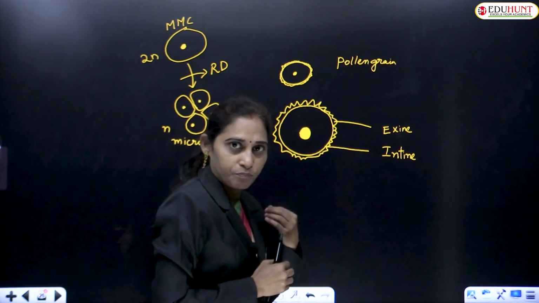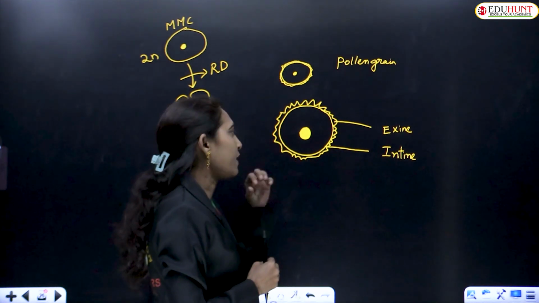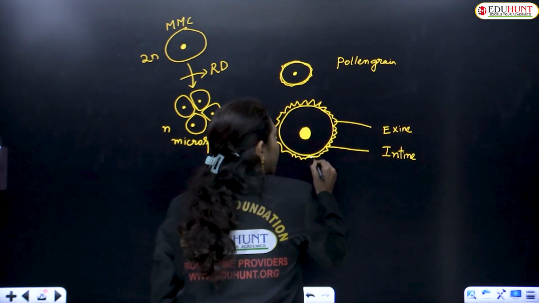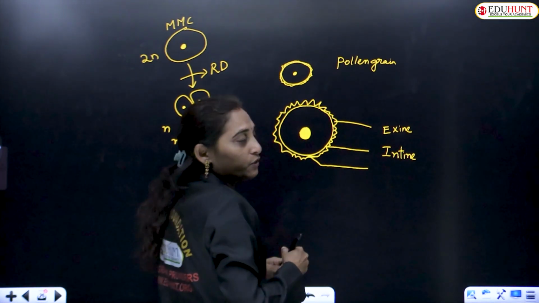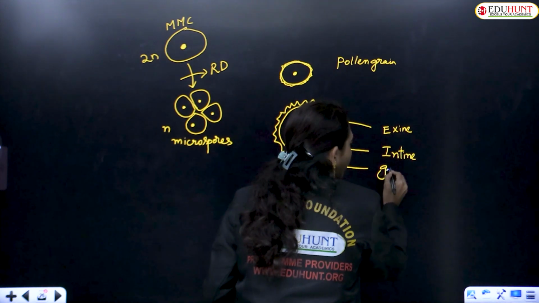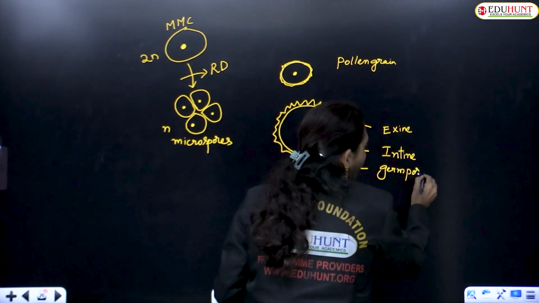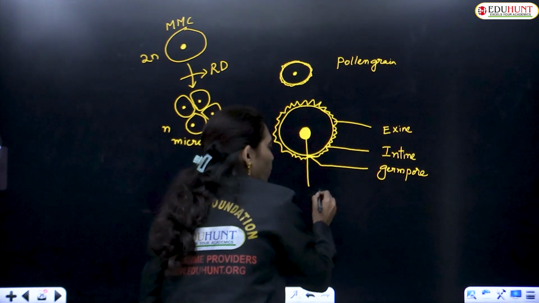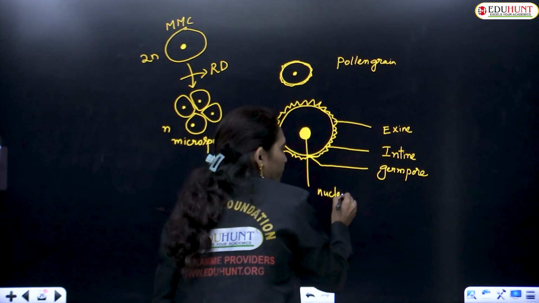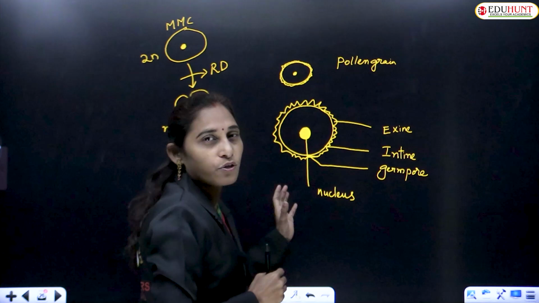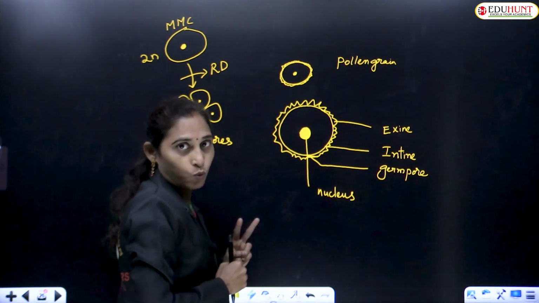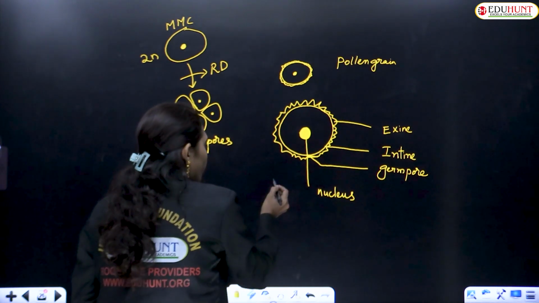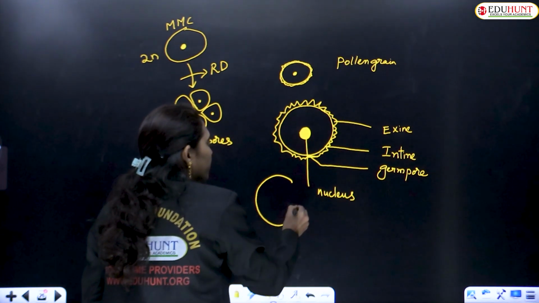And there are some thin areas where exine is not deposited, like this, in this area. So these are called germ pores. Germ pore. And this is the nucleus. Now this nucleus undergoes mitotic division. After division,